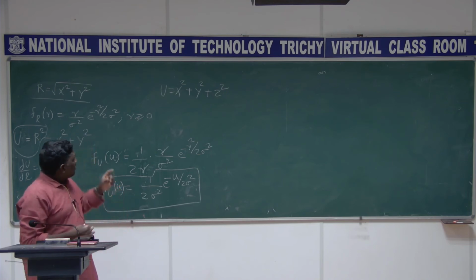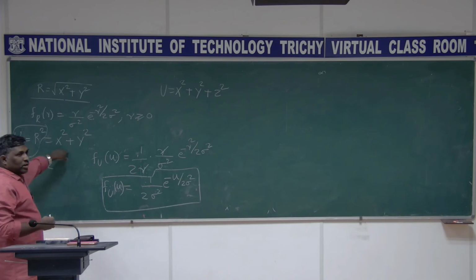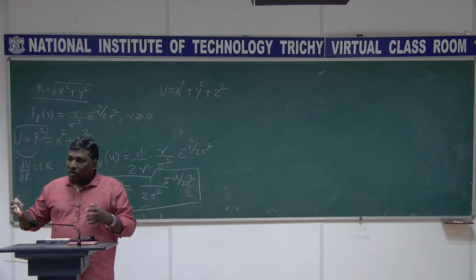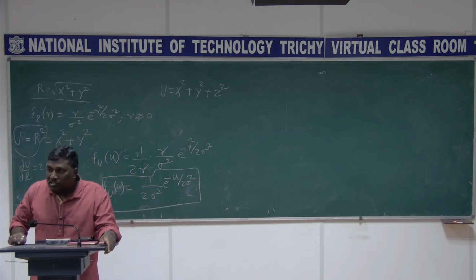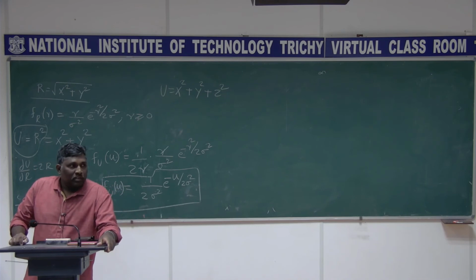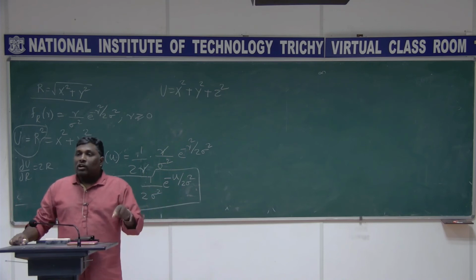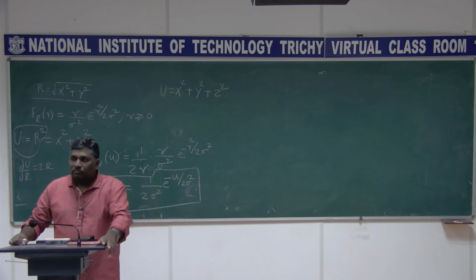And then you have a term called u, just like here. Here it is only 2 terms, x square plus y square, but here it is 3 terms. We can even imagine one more, and keep on adding. This is what we call the chi-square distribution. Chi-square distribution has different orders. This is of order 3. Chi-square distribution with order 2 is the exponential distribution.